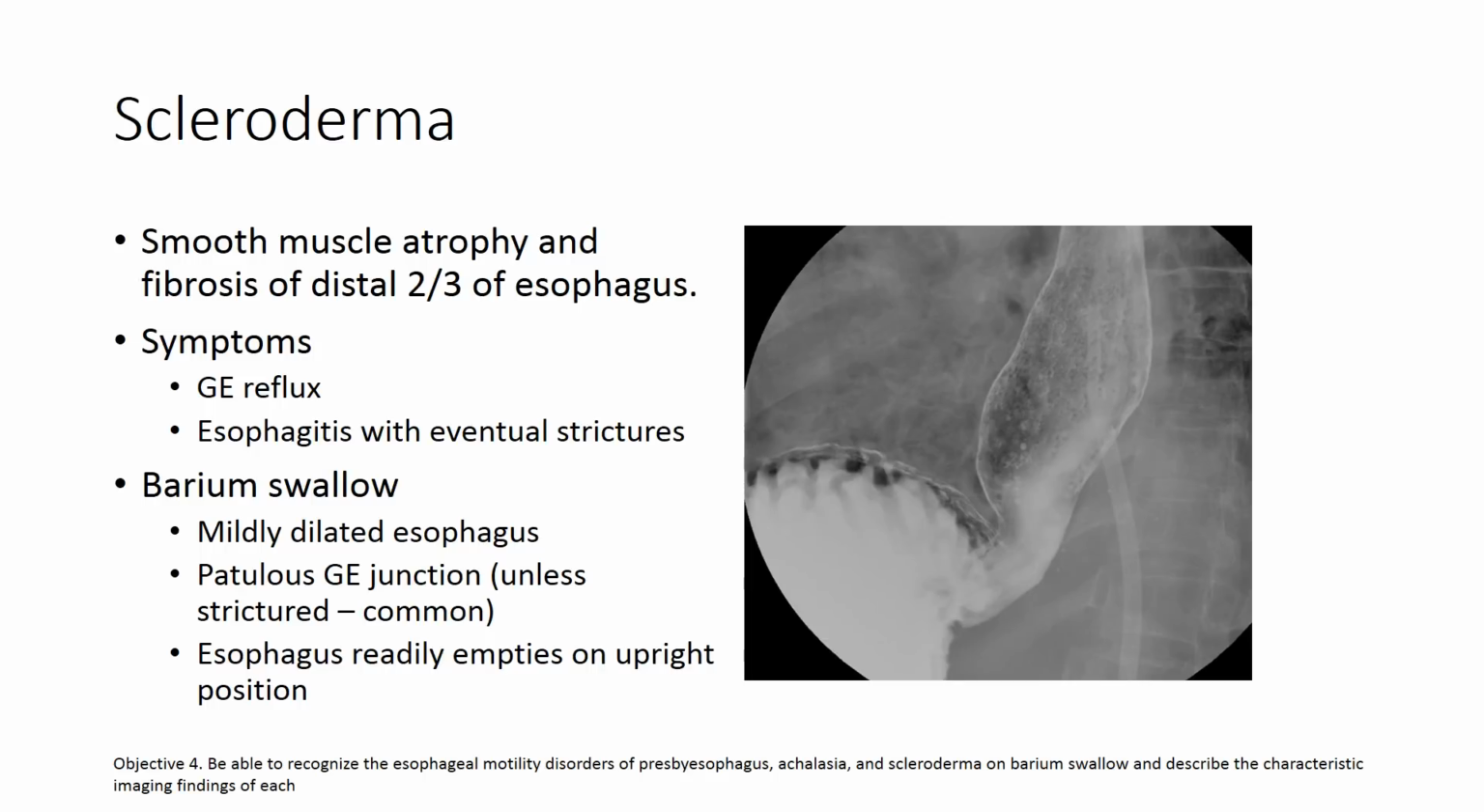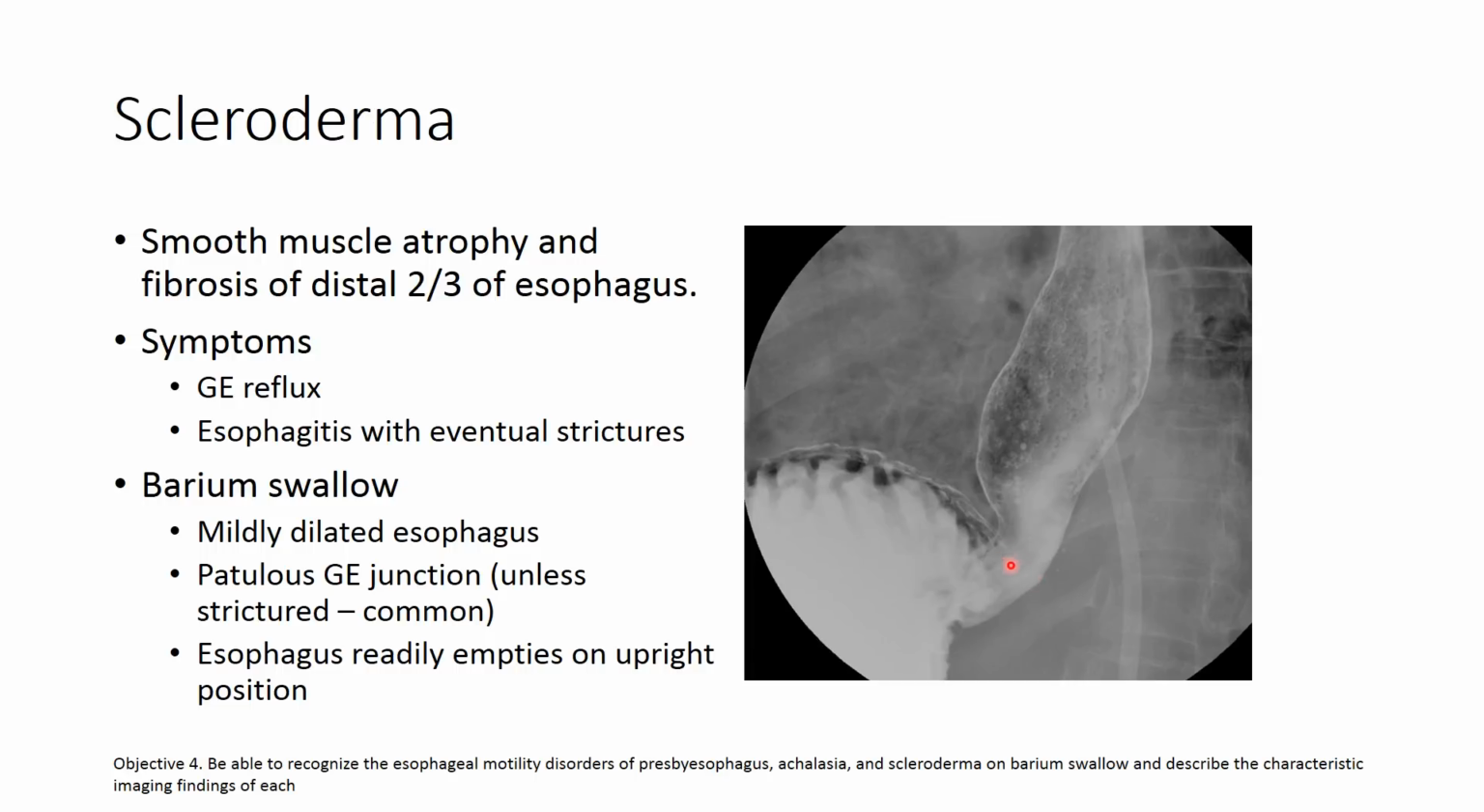Okay, another disease that can cause esophageal motility disorders is scleroderma. Scleroderma is a systemic disease, but it can affect the esophagus, and it generally causes smooth muscle atrophy and fibrosis of the distal 2/3 of the esophagus. Okay, this causes markedly decreased peristaltic contractions, and at first glance could resemble achalasia. The difference between scleroderma and achalasia, one of the big differences is in scleroderma, the lower esophageal sphincter is kept open, what we call a patulous, P-A-T-U-L-O-U-S,